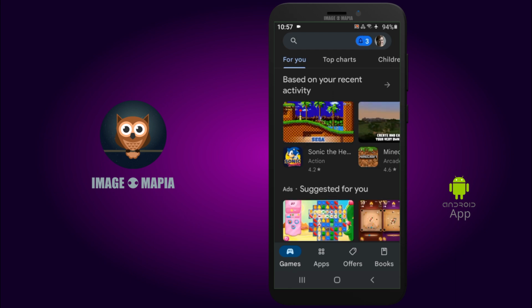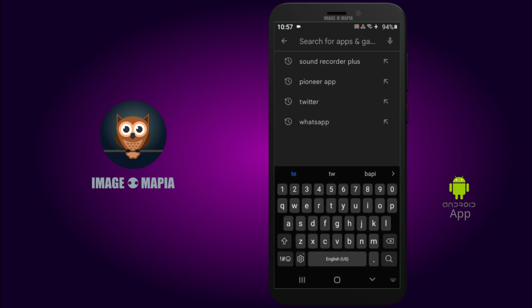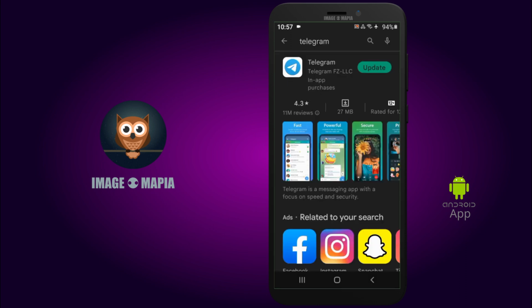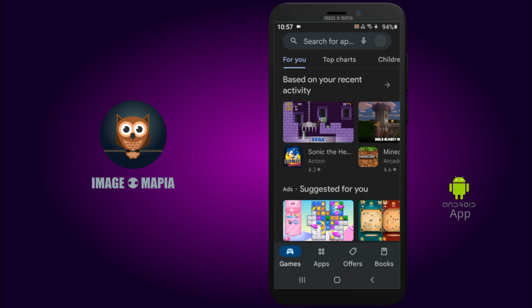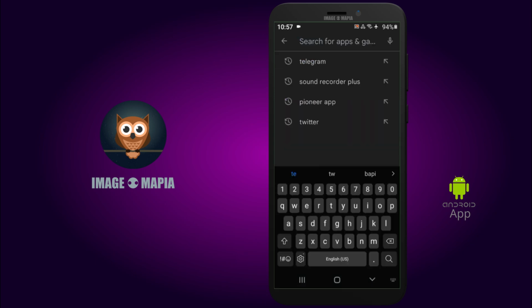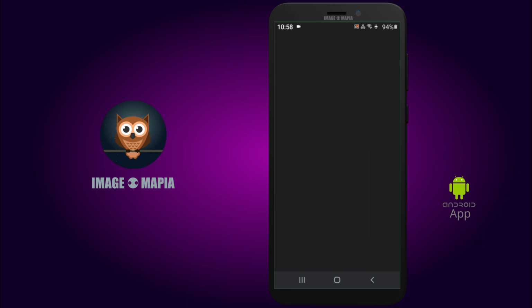update another app, because there are 3 apps ready and waiting for update or upgrade, just like Telegram. Yes, I want to update. Yes, okay, update. Just click on the update button and wait, and go back. Now I search for Telegram. I love Telegram because Telegram has cloud storage, whereas WhatsApp hasn't got cloud storage. WhatsApp update, yes, and